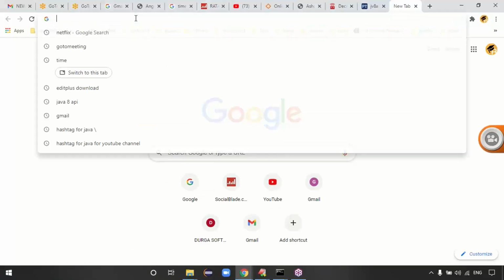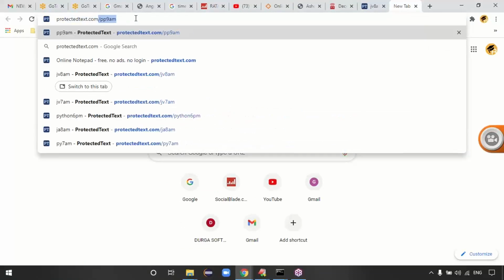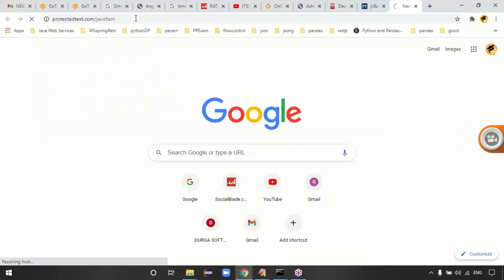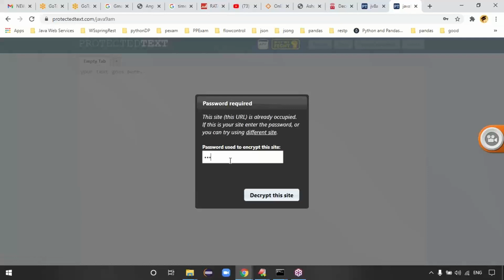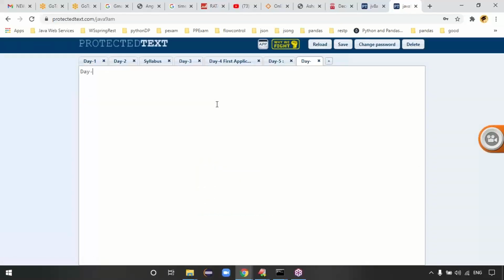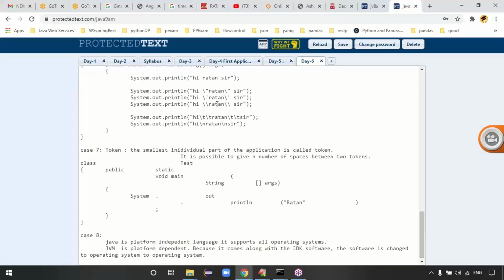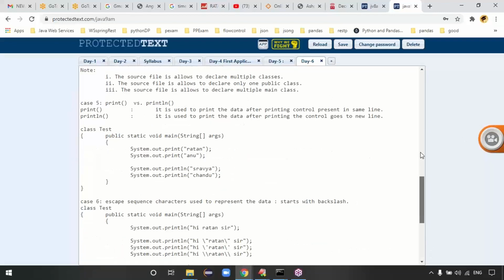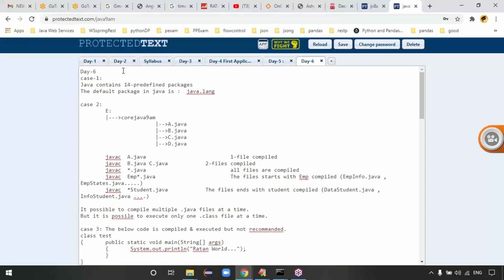Let me upload this data to the test site, slash Java 9 a.m. So here you can write the Java. Today is day 6, guys. Once the first chapter is completed, I'll make only one tab here, introduction and data types, and I'll put all the examples in that one tab.